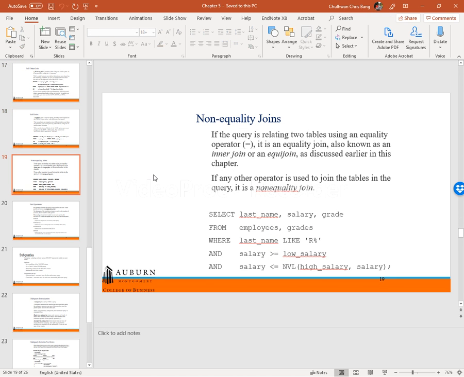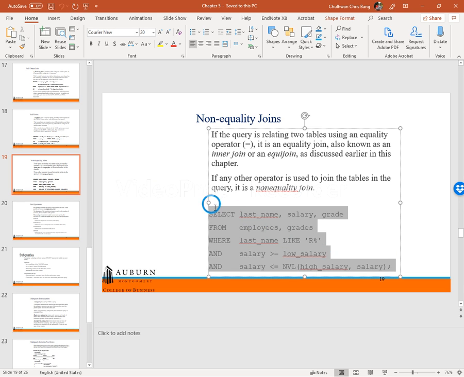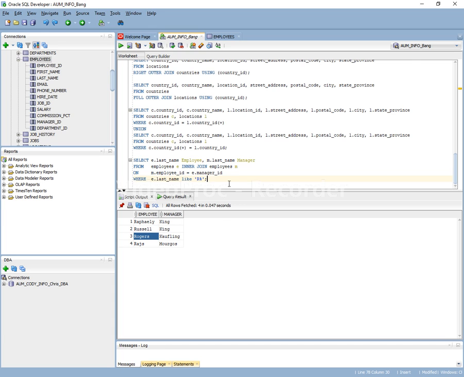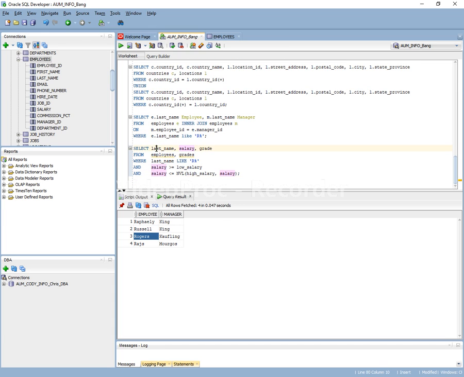Alright, and sometimes you can make a non-equality join, but it is only possible when you use Oracle style, or ANSI style with the USING operator. If you simply use a natural join or ANSI style with the ON operator, you can't make a non-equality join. So this query shows the employee last name and